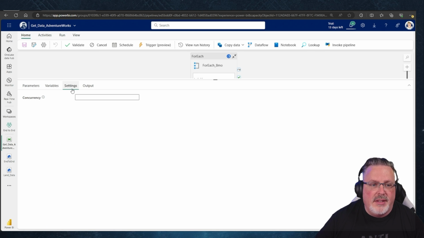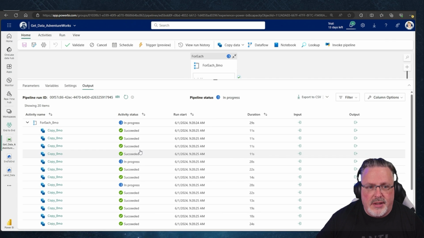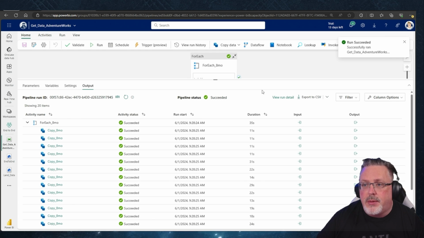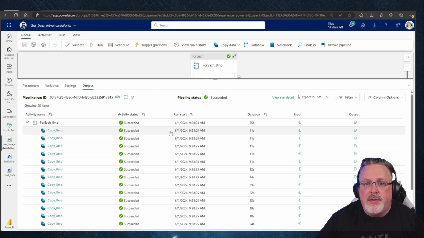It's hard to flip over because every time it updates, it goes back to showing me how quickly... look, we're almost done here. Look at this, 19 items are being loaded. It basically creates a for each loop to run through the loads and allows for concurrent loads. Okay, so look at that. Now I've loaded all of my data out inside